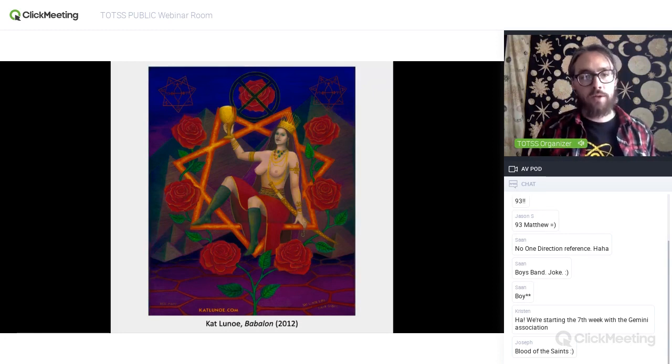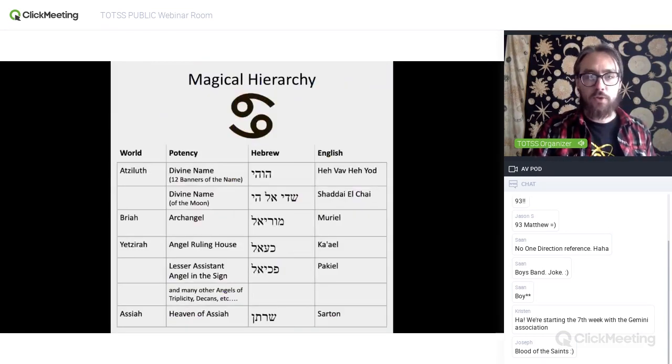And of course, there's a lot of things that we can talk about, about the idea of a woman experiencing drunkenness and sexual pleasure being elevated from a negative symbol into something sacred, which is obviously extremely important to the new aeon. Again, I don't want to get too sidetracked here, so let's just move on. But again, we'll come back to Babylon when we look at our third letter here,